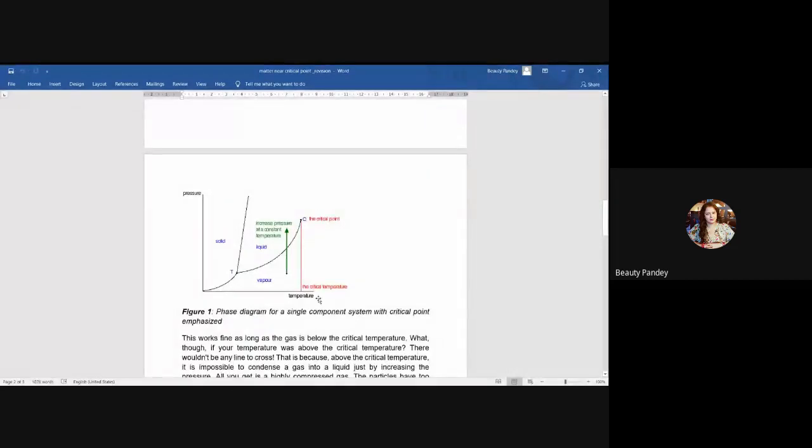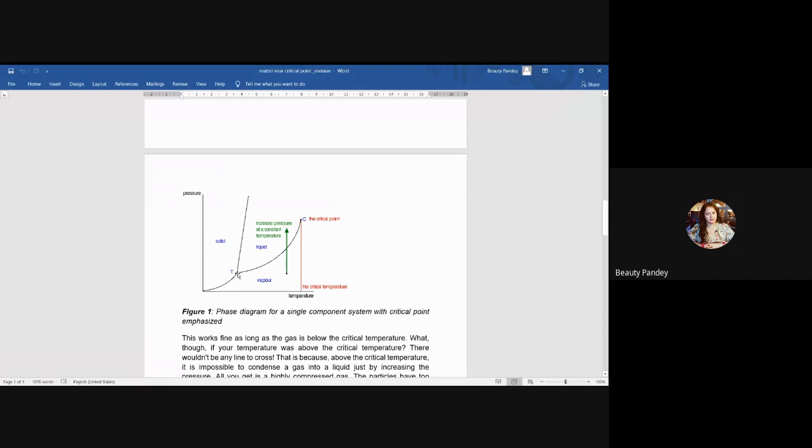Okay. So now, look at this figure. This is pressure versus temperature. Three things are visible: one is the solid phase, the other is the liquid phase, and this is the vapor phase. And this T shows the triple point.